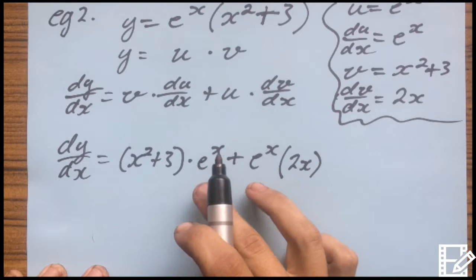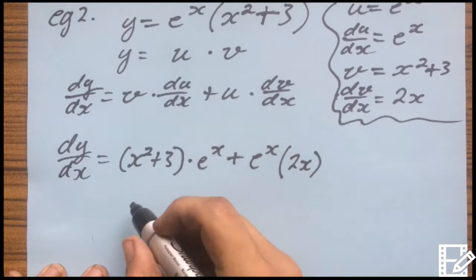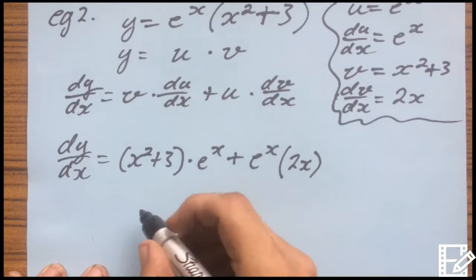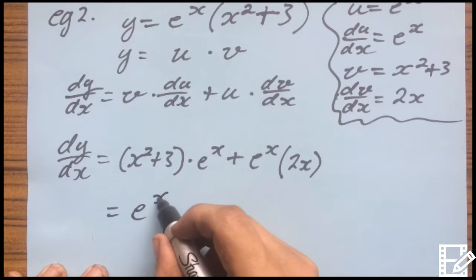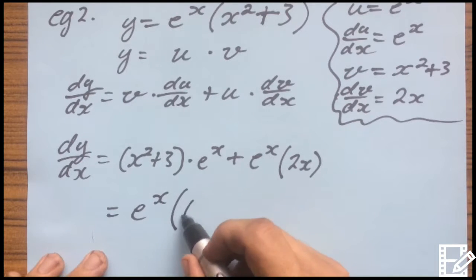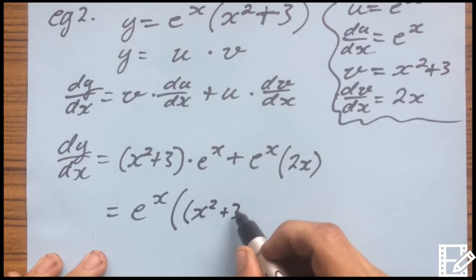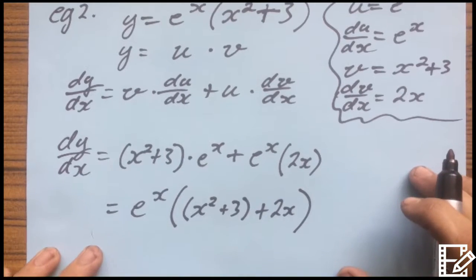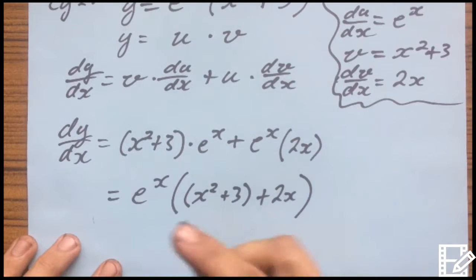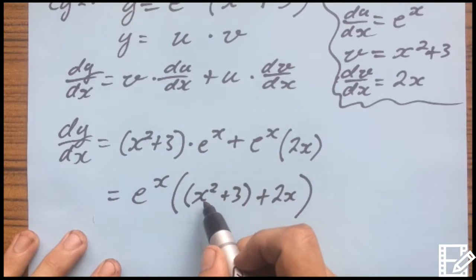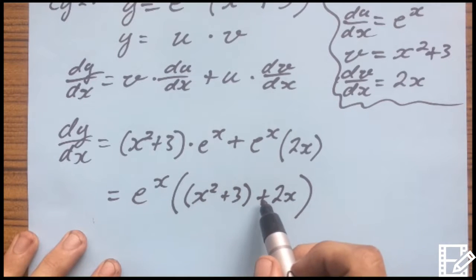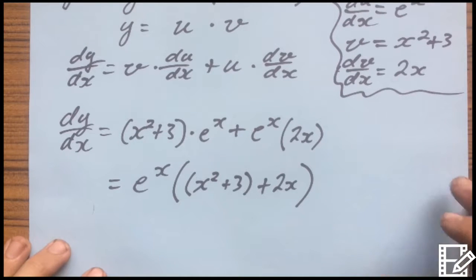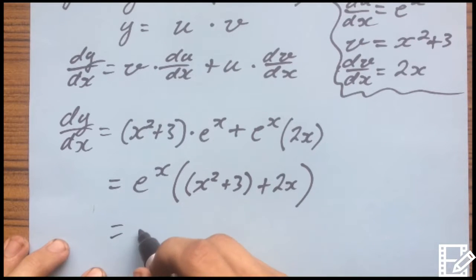So, if we bring the e^x out and multiply it by the whole thing, as such, we can do this because we have e^x multiplied by x squared plus 3 plus e^x multiplied by 2x. Now you can make this look neater and put it as e^x